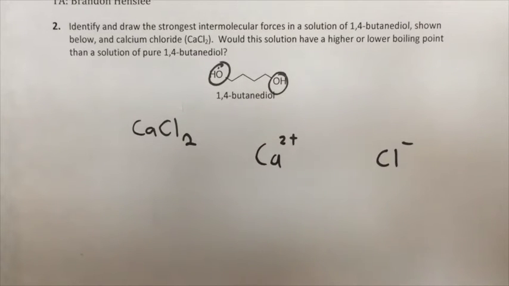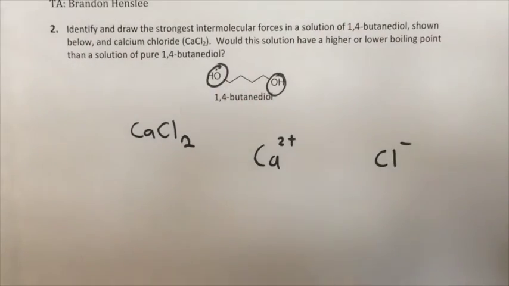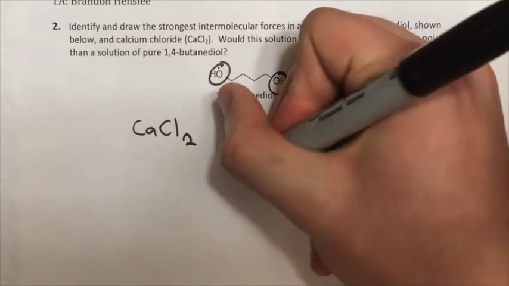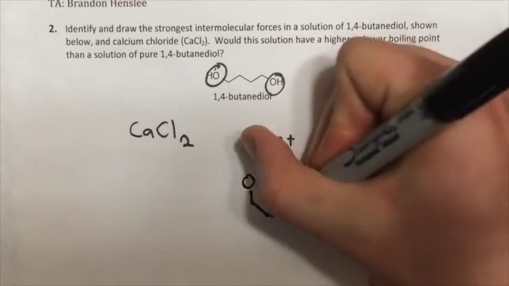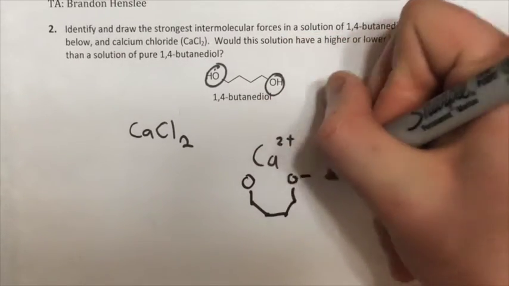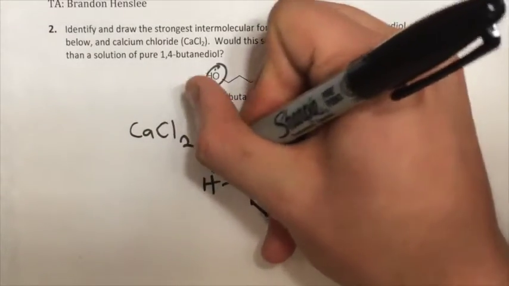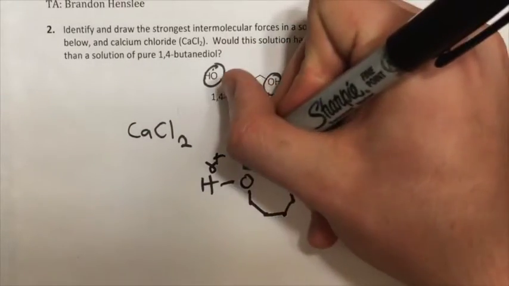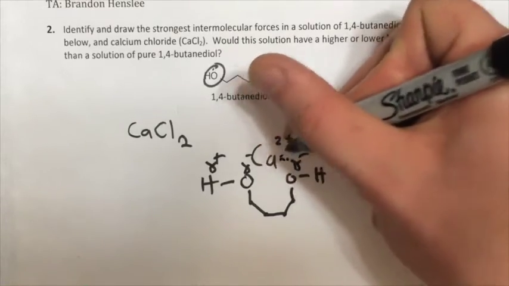And this butane-diol is going to associate itself and form solvent shells around these two ions, so that the partial negative on the oxygen faces the calcium and the partial positive on the hydrogen faces the chlorine. So we would have a molecule like this, and we'll just draw the hydrogens off to the side here. As we know, in the OH bond, the hydrogen has a partial positive and the oxygen a partial negative. So these partial negatives are attracted to the positive calcium,